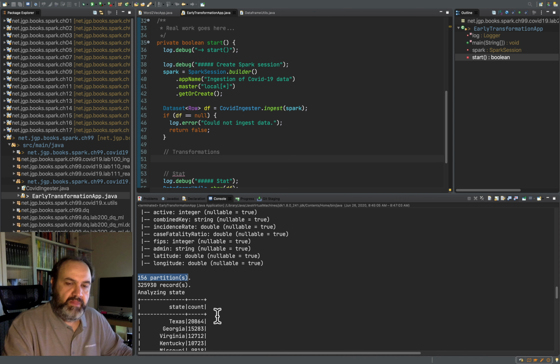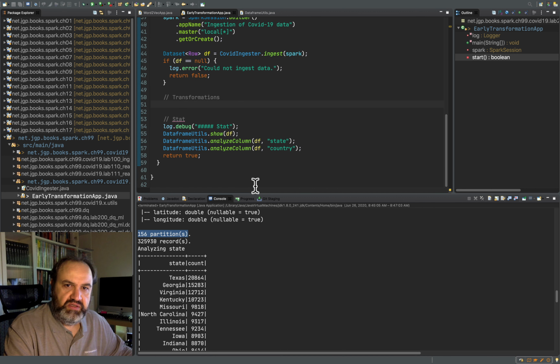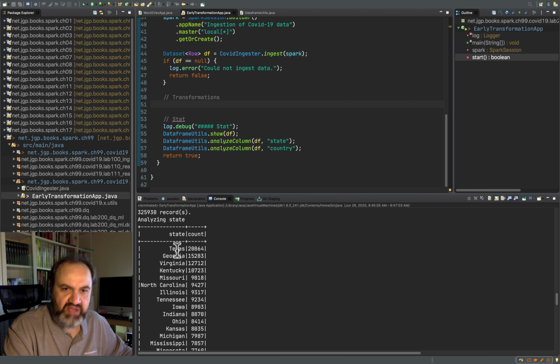Now I've added a little function called analyze column, and you pass it a data frame and a column, here state, and it gives you some information. It's analyzing state.